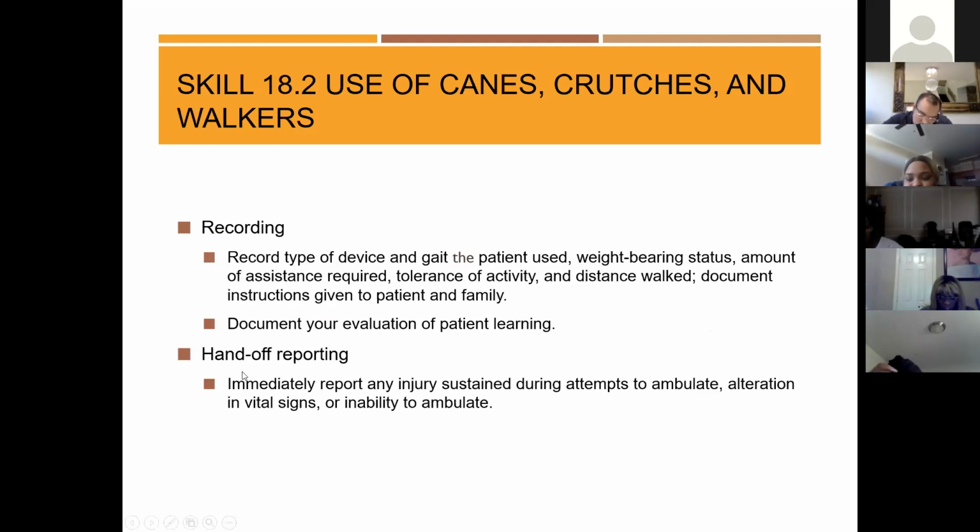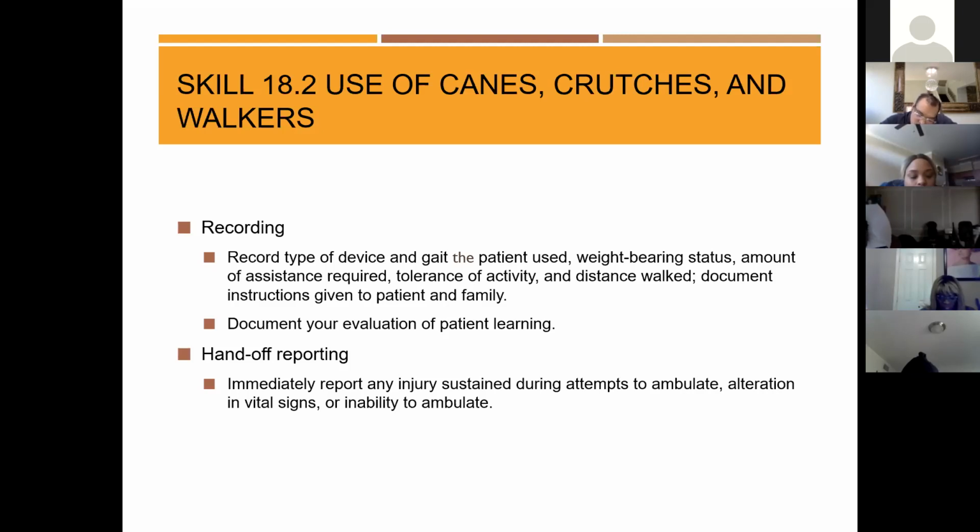And last but not least, you want to make sure that you're documenting what you've finished. You want to note the type of device that the patient had, right? If patient had a walker, then assisted patient with ambulating with walker at this time. Patient had unsteady gait, but remained with patient for the entirety of ambulation. Gait belt was used for patient safety, right? Patient was,